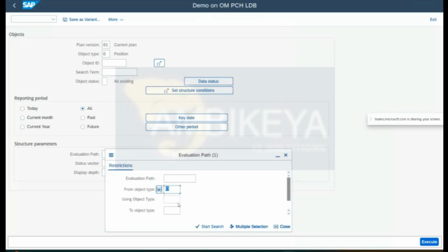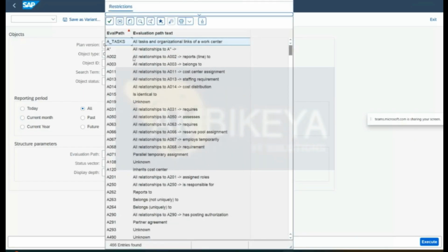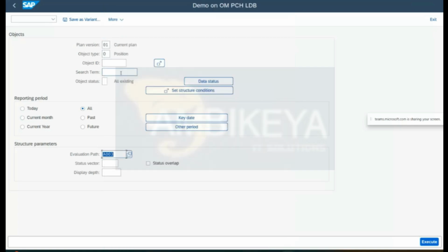So for example, A002 reports to a different org unit, and A003 belongs to how many positions, those kinds of validations we can select. So if I select A003 and execute this,